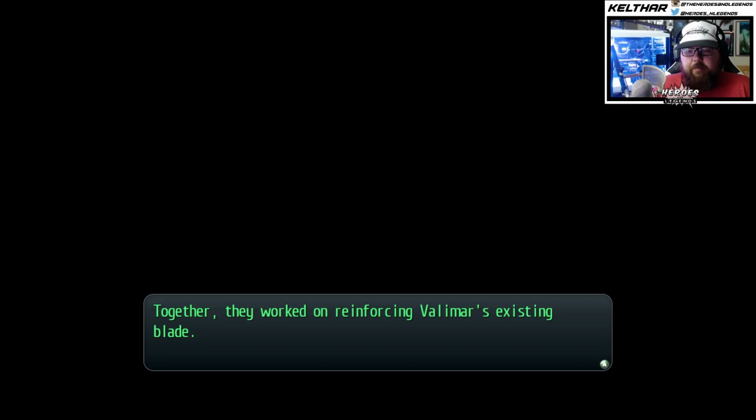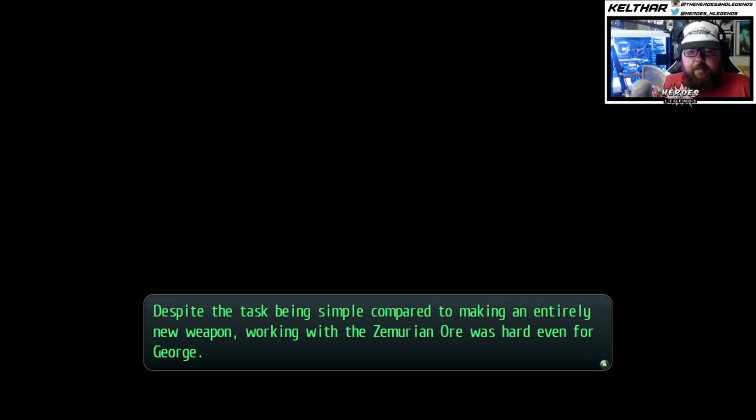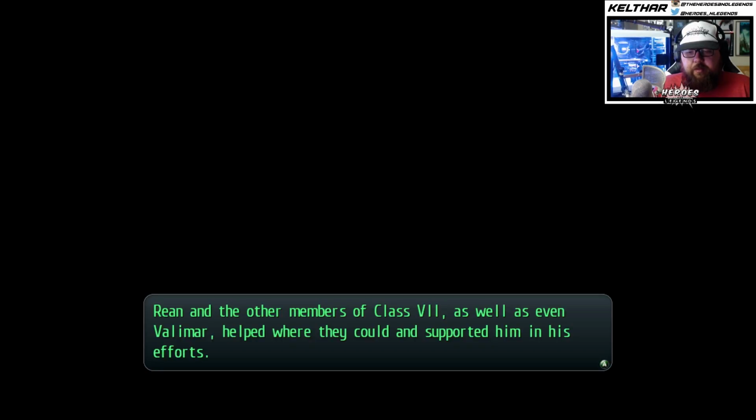Together they worked on reinforcing Valamar's existing blade. Despite the task being simple compared to making an entirely new weapon, working with Zemurian ore was hard, even for George. Reen and the other members of Class 7, as well as even Valamar, helped where they could and supported him in his efforts. Eventually,